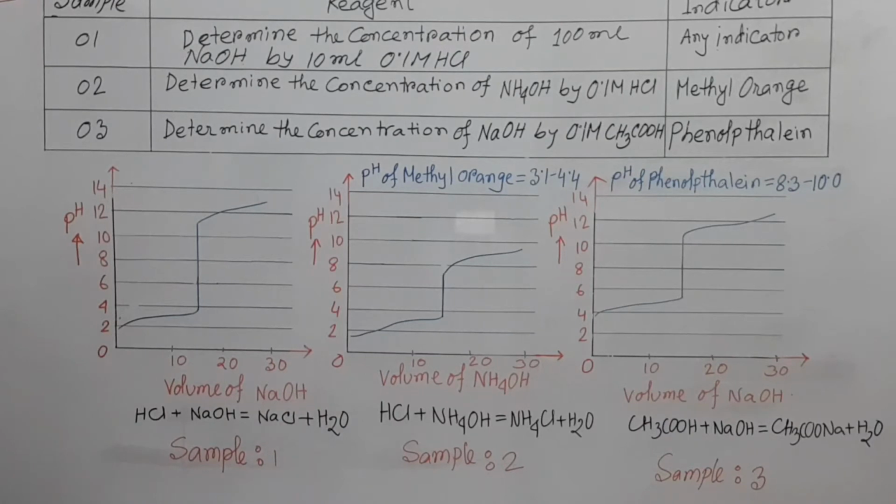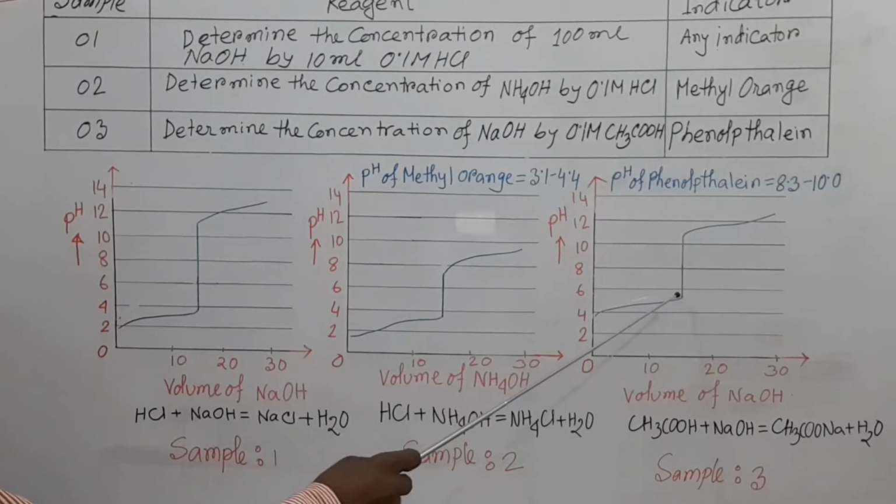We see that if we add sodium hydroxide gradually, the pH increases, and near the point of 6, if we add more sodium hydroxide solution gradually, then the